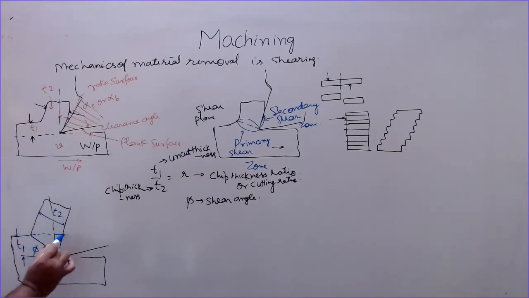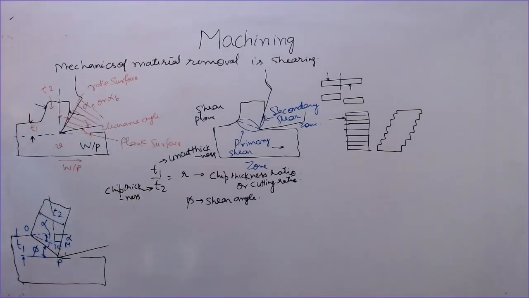If you extend this horizontal line, this angle is alpha, and if I drop a perpendicular from this point on this, so this angle is alpha, this angle is phi, so you will find that this angle is also alpha using the geometry, and this angle will be phi minus alpha. We can name these O, M. This is normal, this point is P,